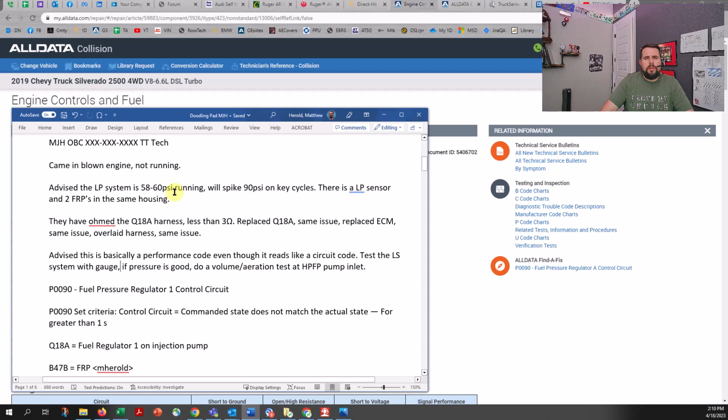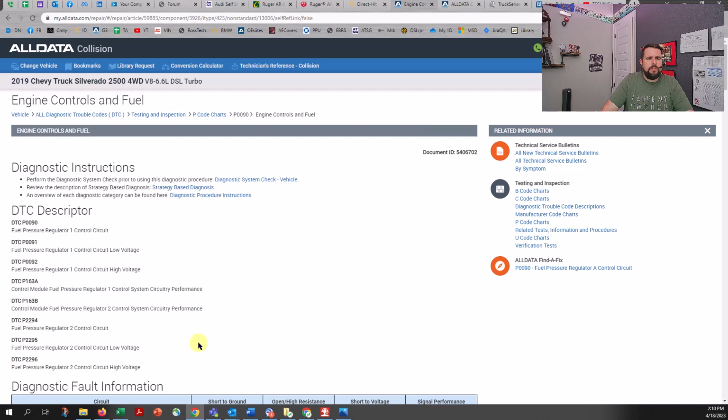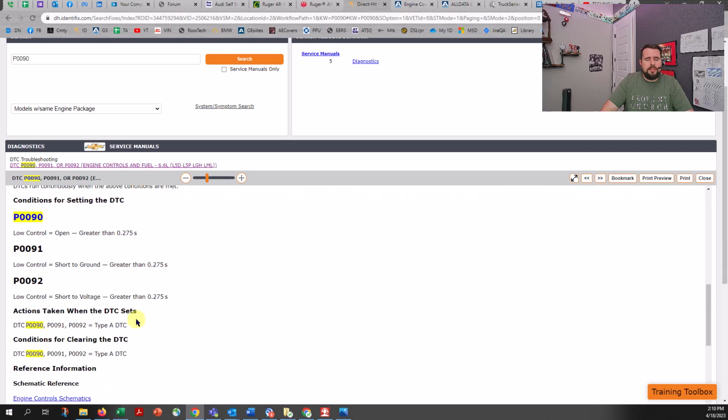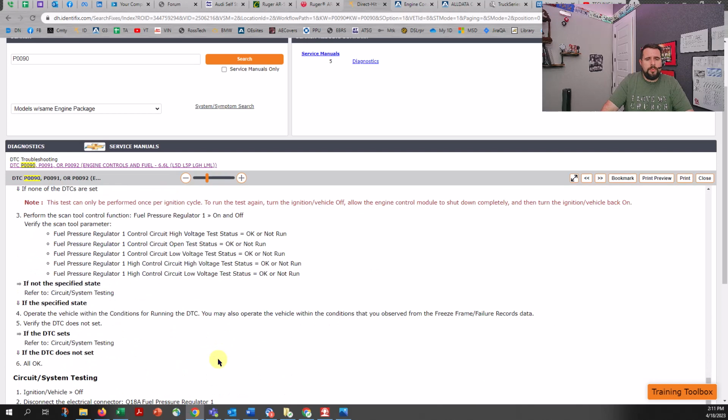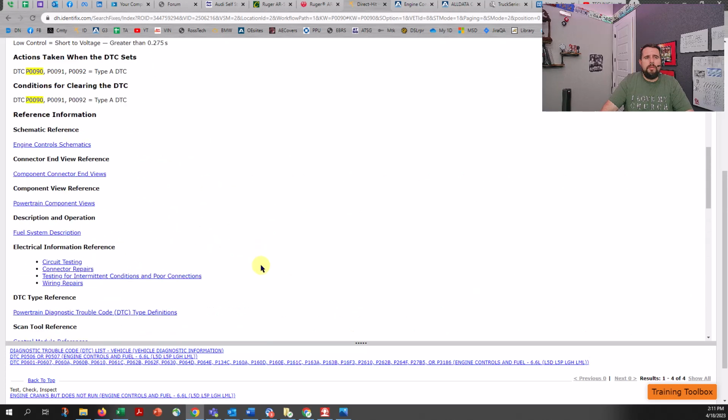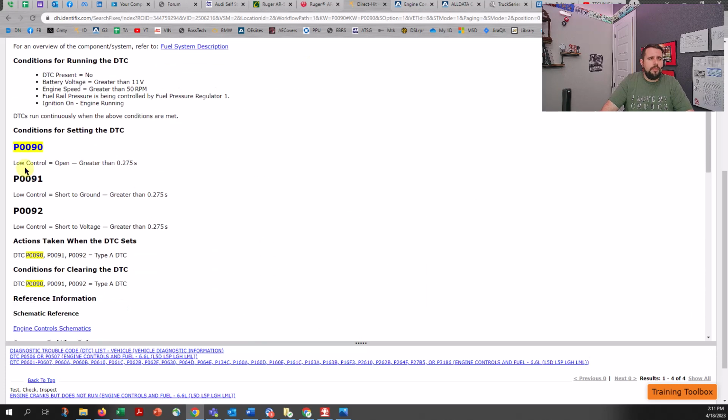One thing that I kind of noticed looking through, you pull up this code, and it doesn't matter where you look, you're going to get very similar information. Identifix has this. This is directly copy and pasted from GM's site, what they have. So it's there. There's your low control equals open or greater than